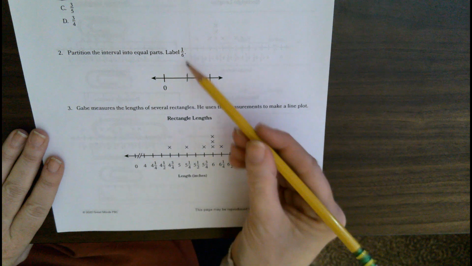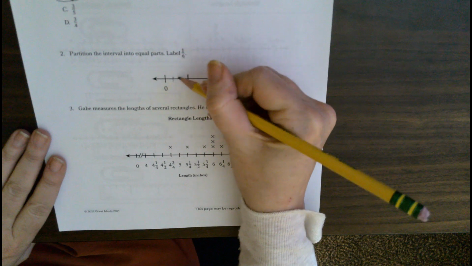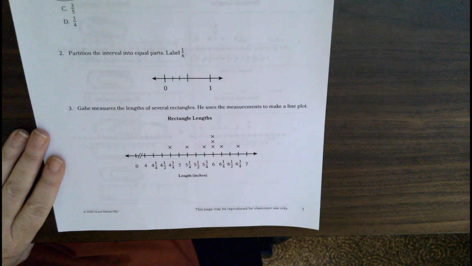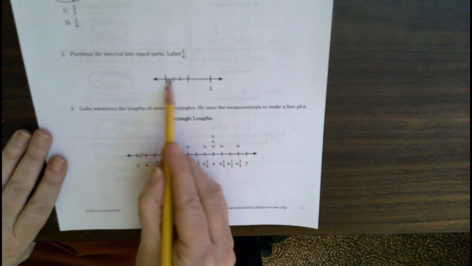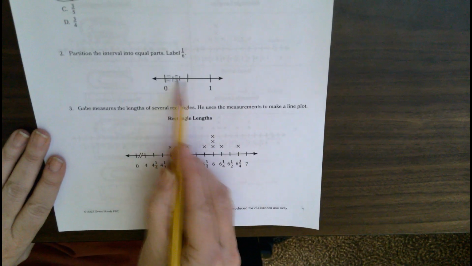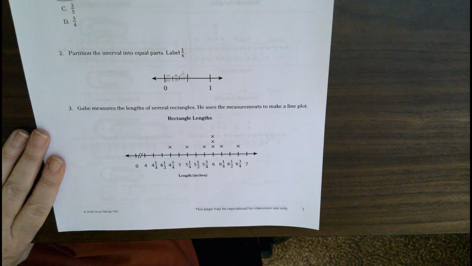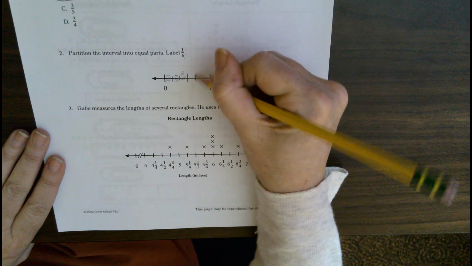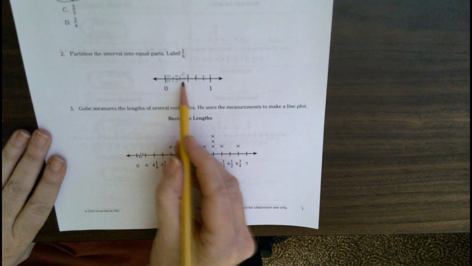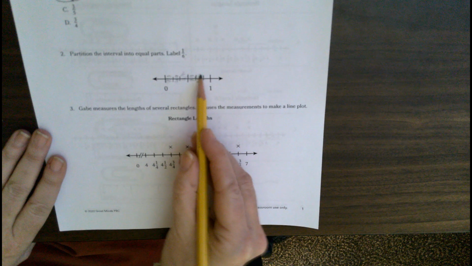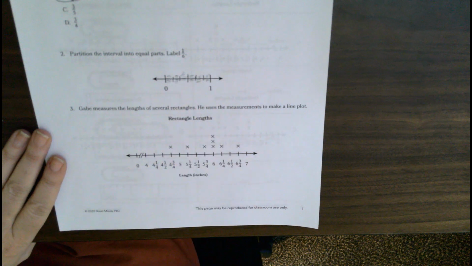Half of 6 is 3, so I would want to put 3 equal parts here. Notice we have 1, 2, 3 equal parts there. And then I need to also make 3 equal parts here as well. So 1, 2, 3, 4, 5, 6 for a total of 6